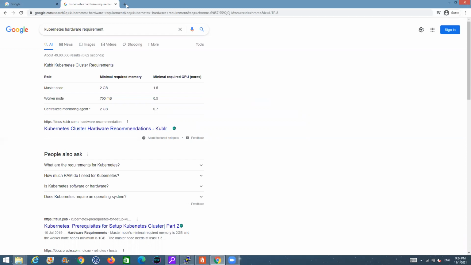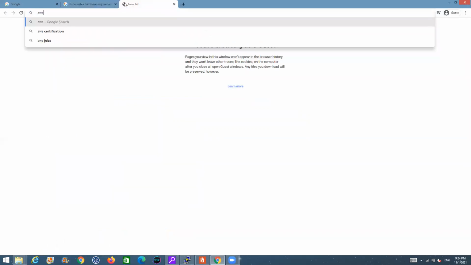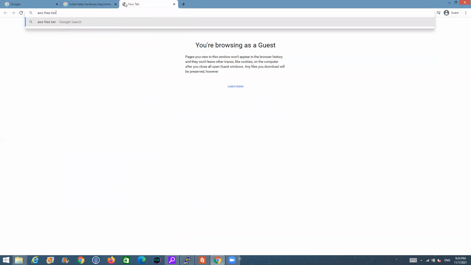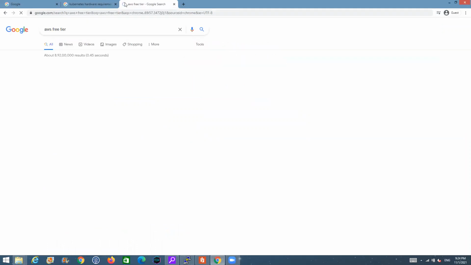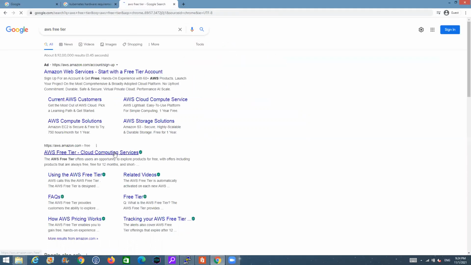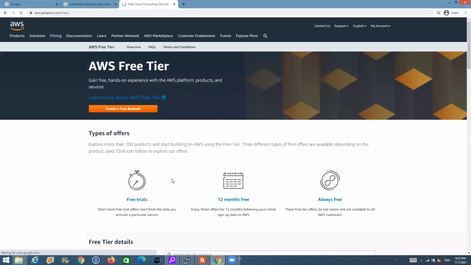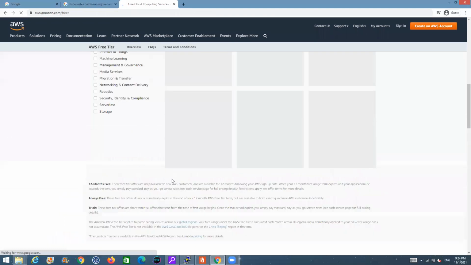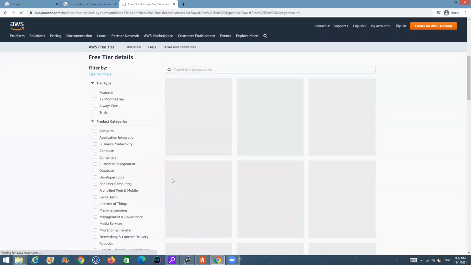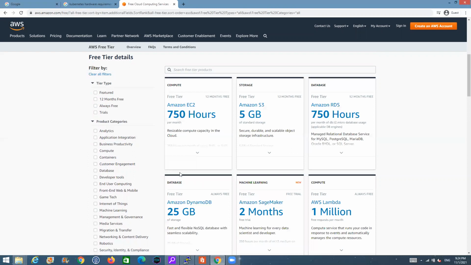If I show you the AWS free tier, it has a limitation where you can get T2 micro or T3 micro for free. But those instance types again do not fulfill the requirement for creating the Kubernetes cluster VMs. So this might cost you additional.